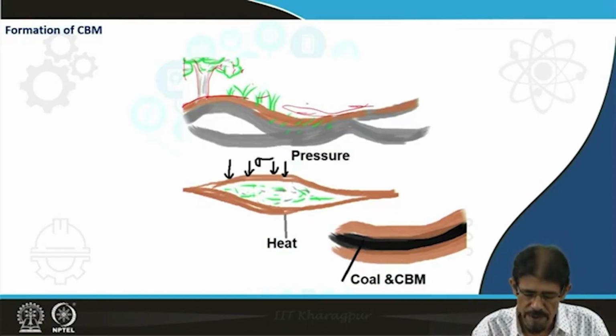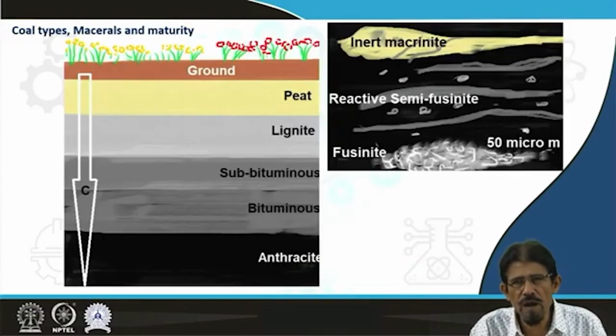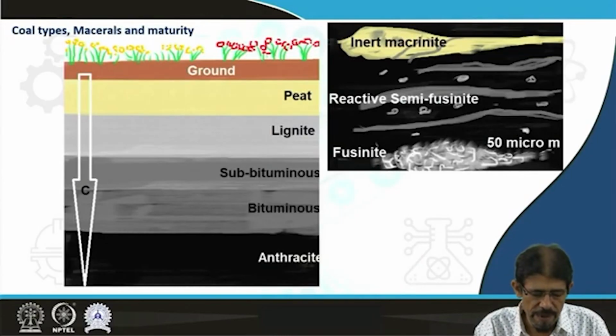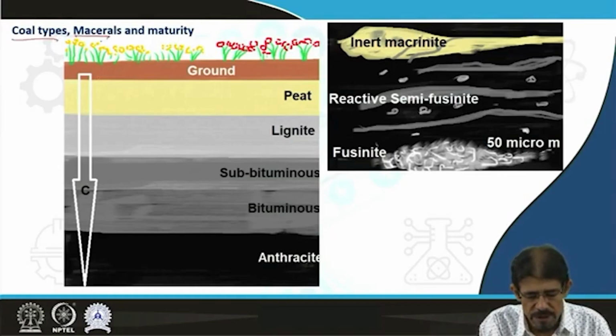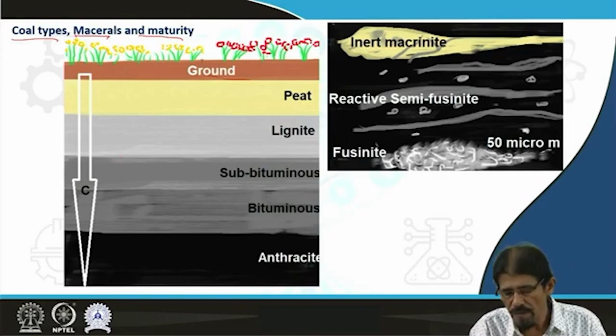Then in due course of time, the vegetable matter falling on the ground interacts with water and others, starts degrading and gets deposited inside geological strata or sediments. The formation of coal bed methane depends mainly on the coal types, minerals, meaning the minor or micro constituents present, and the maturity. You can see from the ground it is made up of shale, sandstone, and on the lower side